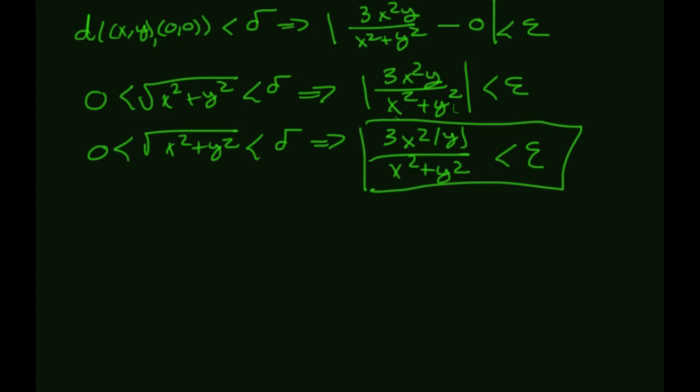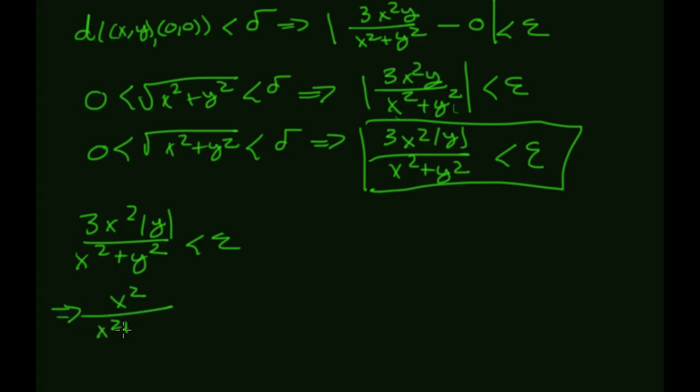How do I make that less than epsilon? So 3x squared y over x squared plus y squared is less than epsilon. So that can be written as x squared over x squared plus y squared times 3 times the absolute value of y is less than epsilon. But note, this guy,